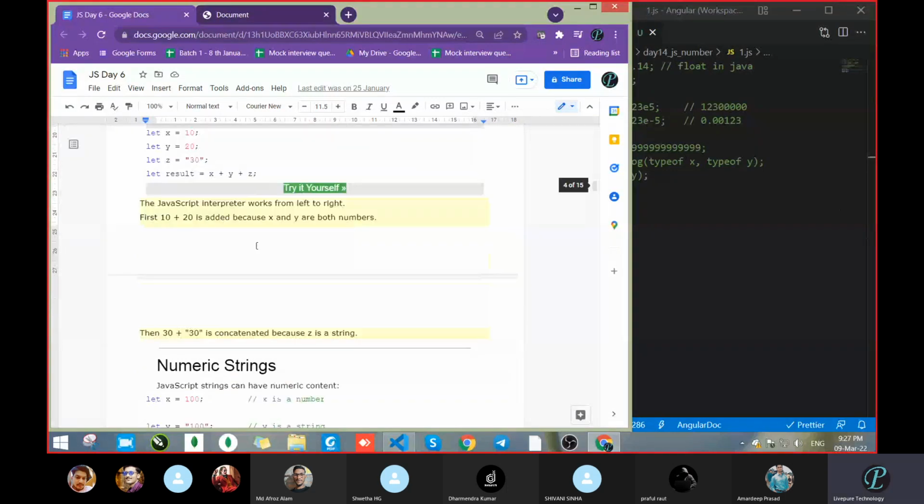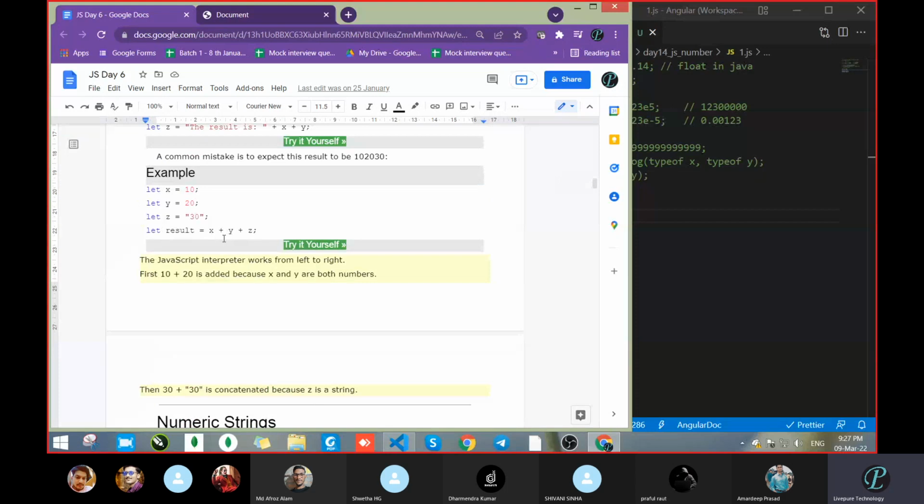We had already seen all these things. The JavaScript interpreter works from left to right. In concatenation I had told you that it will start from the left side and move to the right side. The same thing is written here: the JavaScript interpreters work from left to right. Got it? That's why when we add this line,